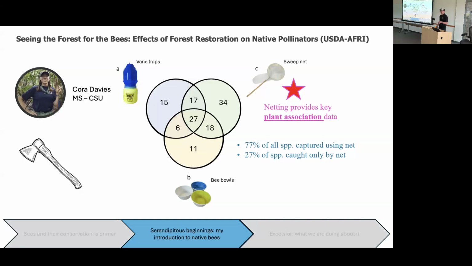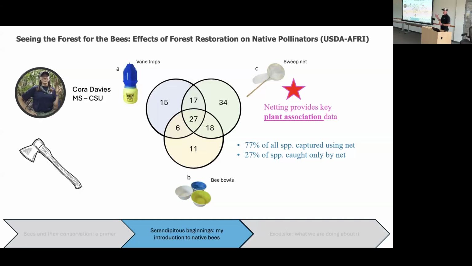It's useful for passive sampling, but what she also wanted to do here was begin to compare these different sampling methods, right? Recall I said you might need to sample across a growing season to get a really good representation of biodiversity. But this figure, as was coming out in the literature at the time, also shows that you need to sample with multiple methods if you want to get a really good representation of the diversity in that system. So not only were the blue vane traps not that effective, there's some overlap between these three methods, all of which are common methods for sampling bees.